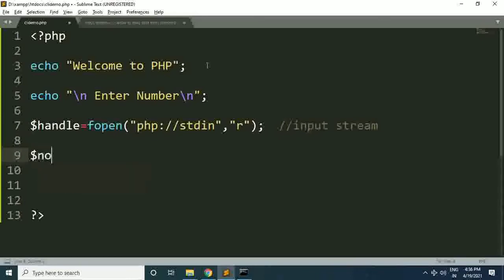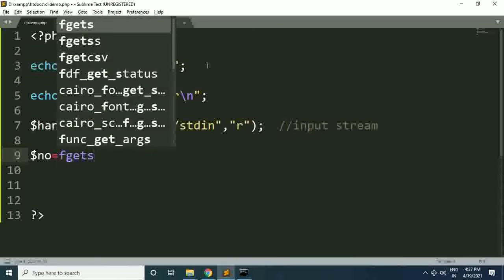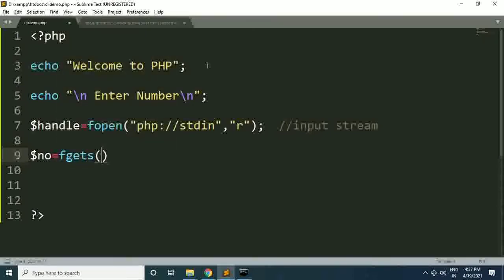Let's say I will take one variable, $no is equal to fgets, and here I need to pass the reference of the input stream. So I will pass $handle as the reference of the input stream. Now whatever you enter through the keyboard will be available within this variable.